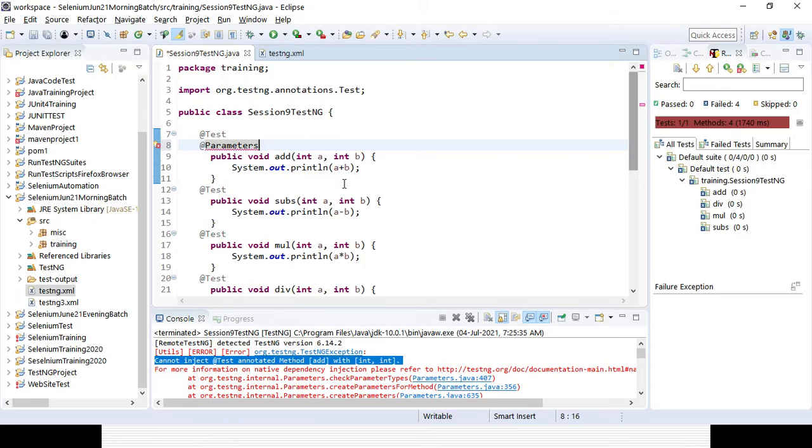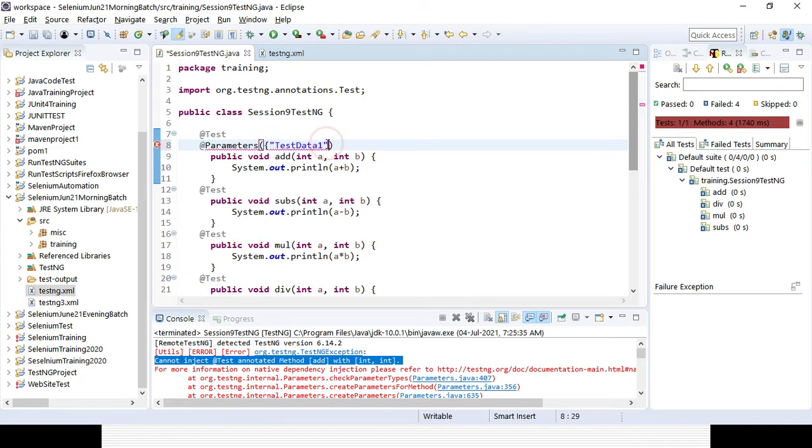You need to give the first bracket, and within double quotes you need to define the parameter names. Suppose I give testdata1, that is the one variable I am declaring, and I am also declaring another variable called testdata2. So these are the two variables matching with that.